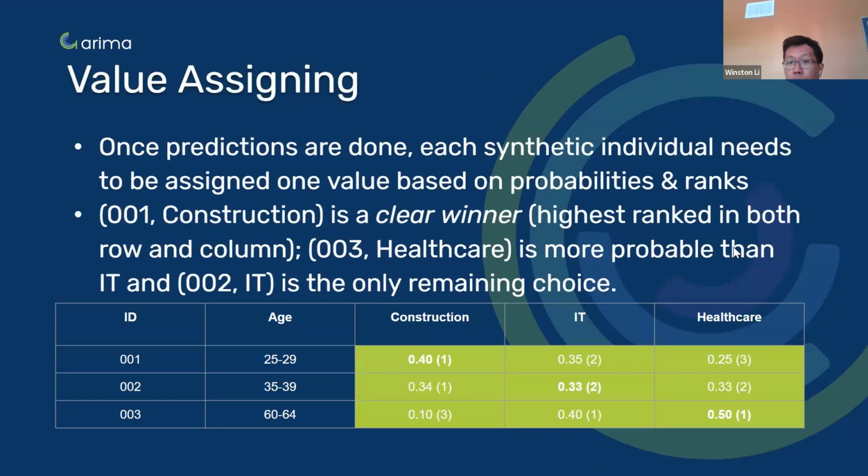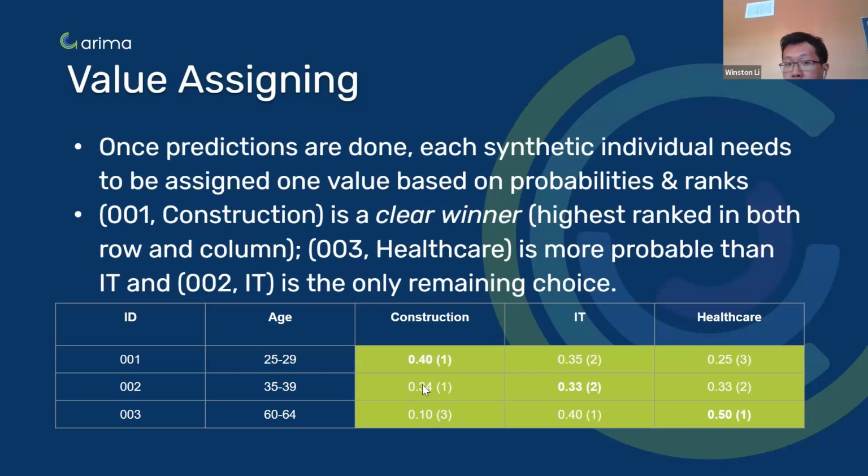Now, every individual can only have one profession. So the fact that we've made a prediction and it's a distribution is not super helpful, because one person cannot have 3 professions. They can only have one profession. So now that we have this distribution, we want to be able to assign a value for this person based on that distribution. And the way we do it is by looking at your probability, how your probability compared to